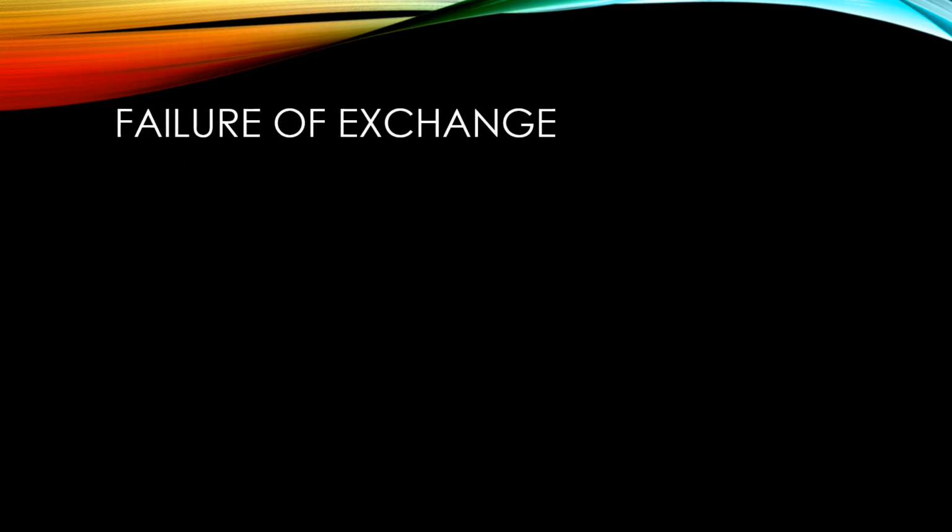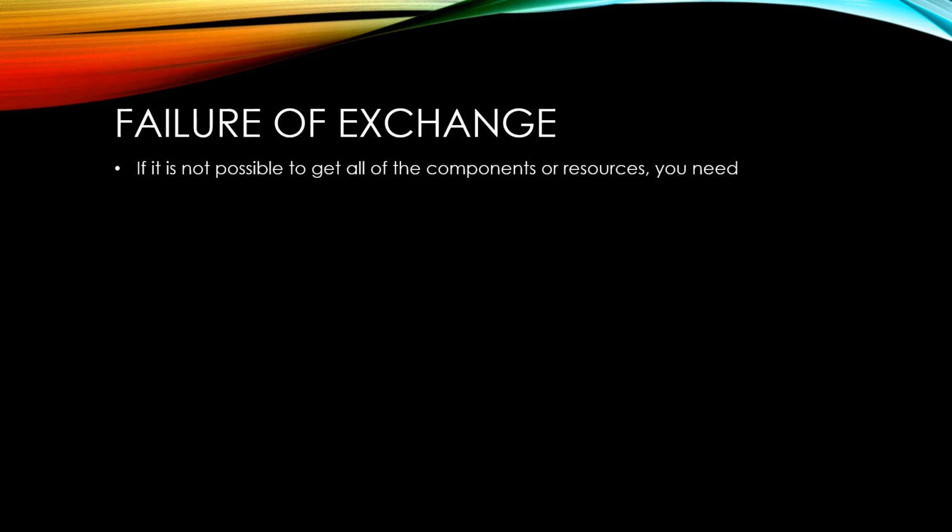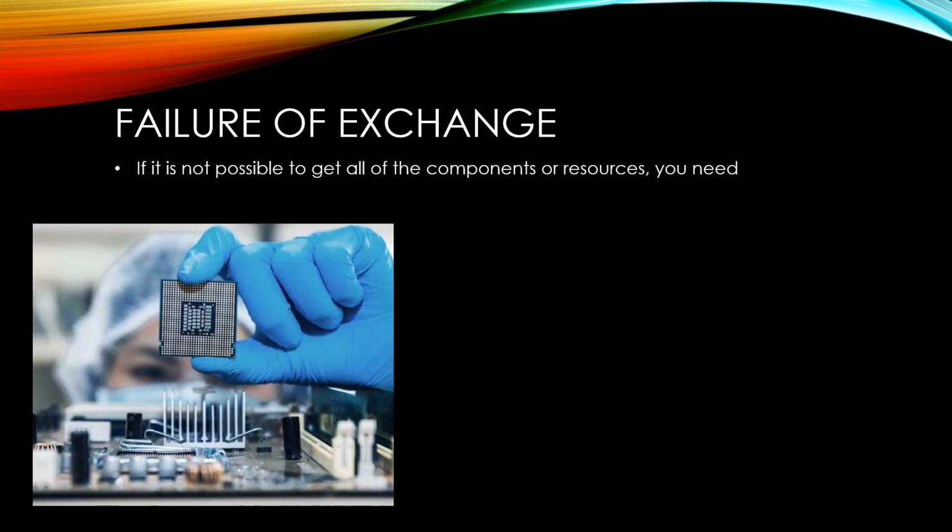The next problem, failure of exchange, is a real big problem for firms that specialise. If specialist firms can't get all the components or resources that they need to produce their product, then production may grind to a halt. A prime example of this can be seen in the recent Chipageddon crisis, where firms as varied as phone manufacturers and car manufacturers have all come to a halt because of a shortage of computer chips that need to go into their products.